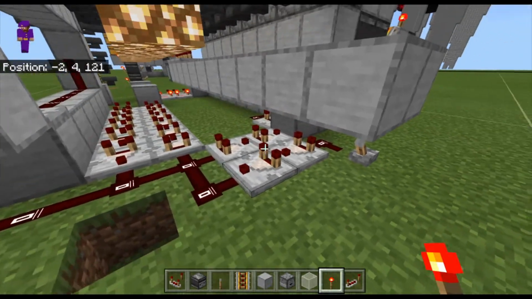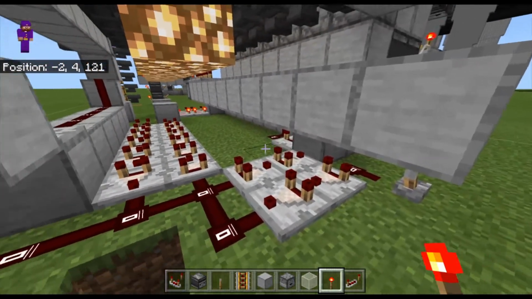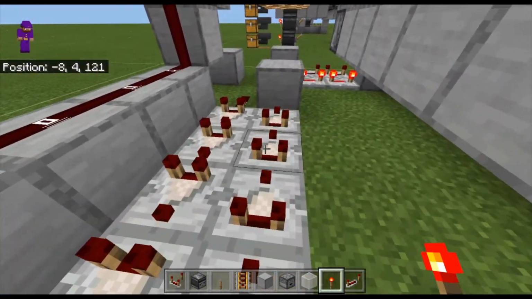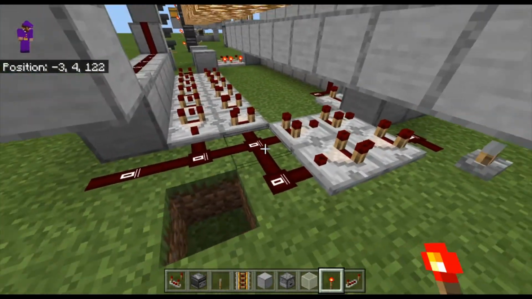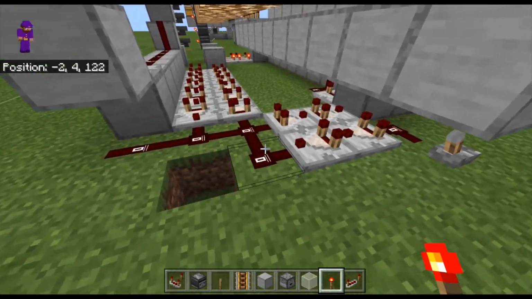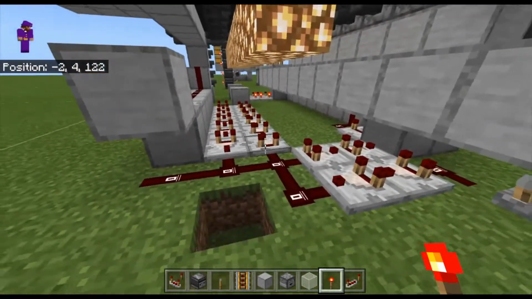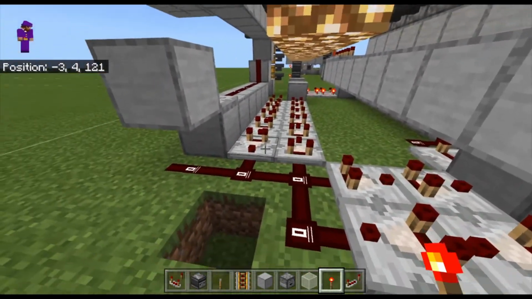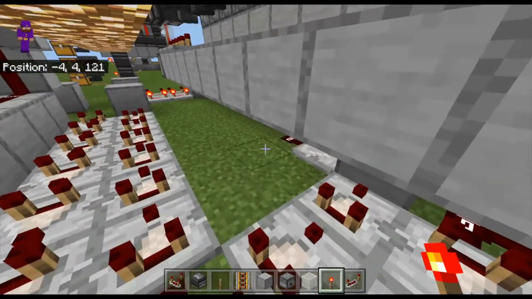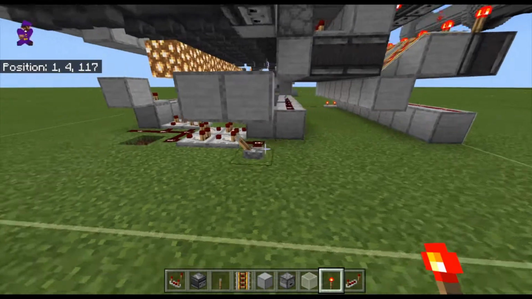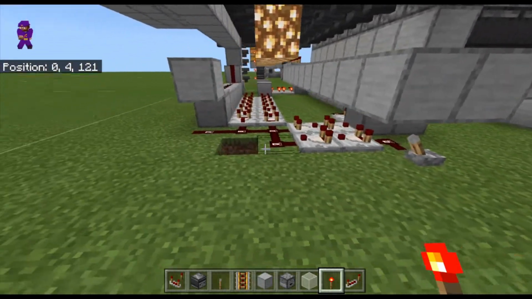That might cause you to have to modify this circuit as well, because this circuit needs to be on for all of the time it goes this way and all the time it comes back. There's many ways to modify this. You can scoot it over one, you can build it up one. You can do a lot of things to make this circuit extend a little bit longer, but what you need to know is it's going to take a 1-tick pulse from these lines,